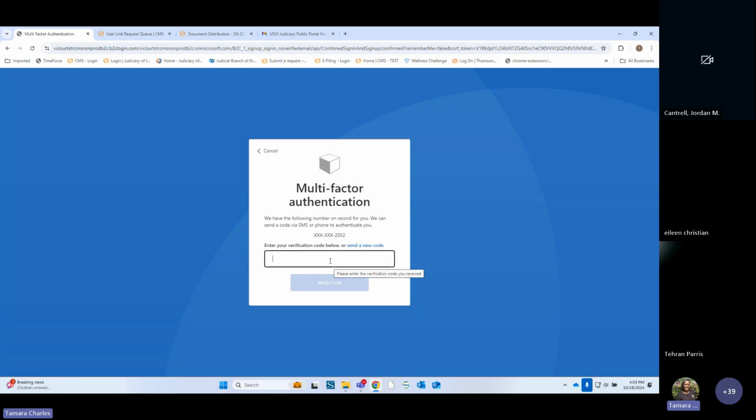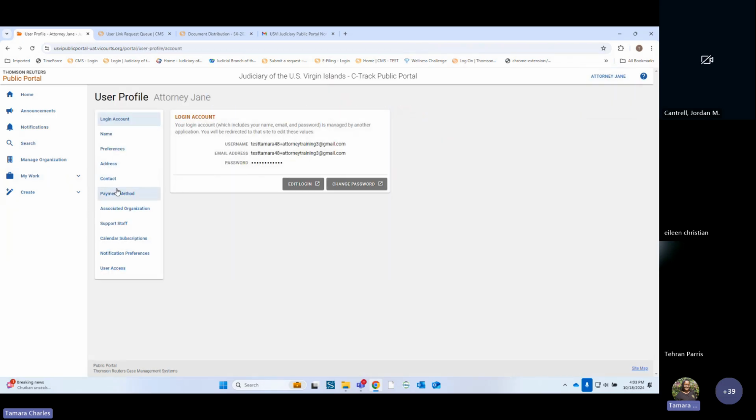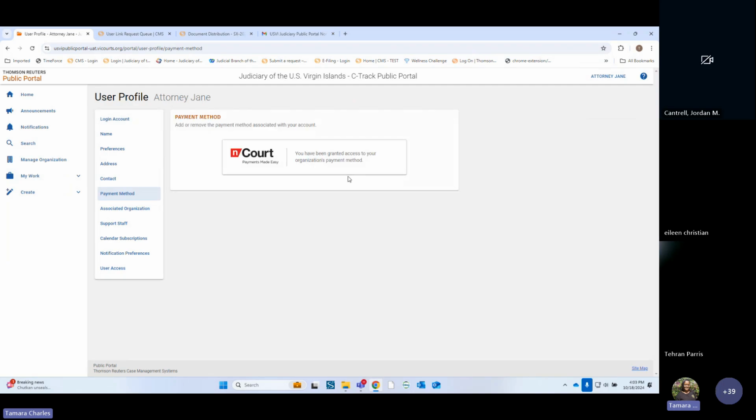And this is probably going to be very good. I don't know if most of the firms do this already as far as how you use the payment methods for your office, but this allows you to just enter a default payment method once, and then everything that you file after that will be used from that, whatever that payment method is. So if it's a card,